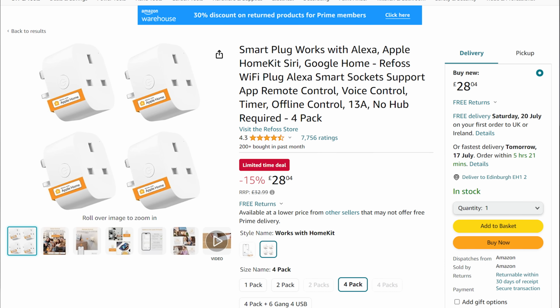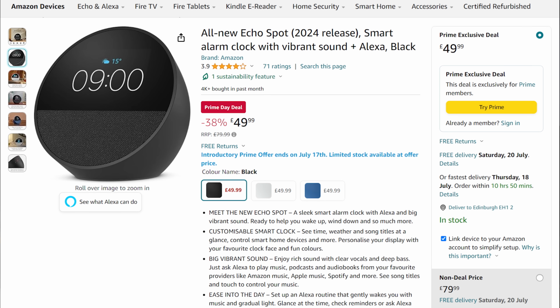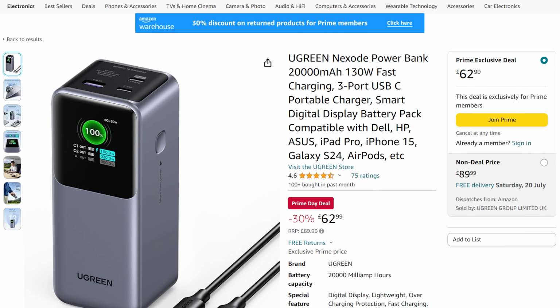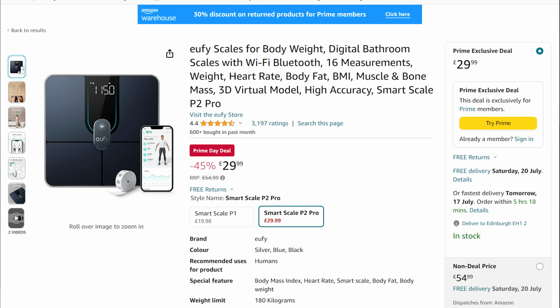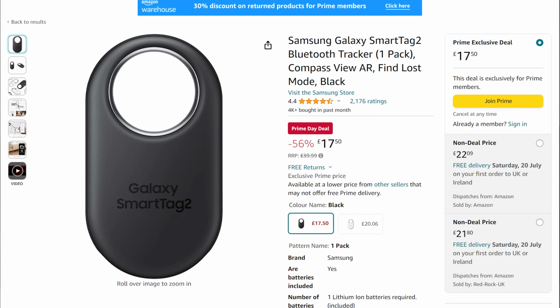Finally, for some random stuff, there is a 4-pack of HomeKit compatible smart plugs on sale for £28. There is an Echo Dot available for £25, or the new Echo Spot, which has a nice little display on it, for £50. There is 30% off a 20,000 mAh battery bank from Ugreen, smart body weight scales for tracking weight from Eufy for just £30, a Galaxy Smart Tag 2 Bluetooth tracker for £17, and finally,